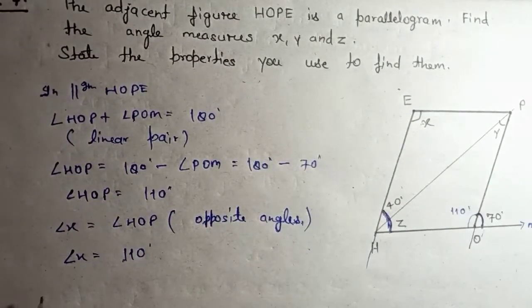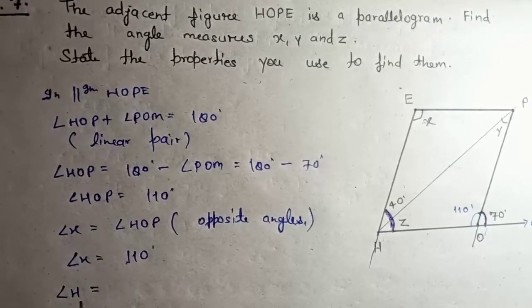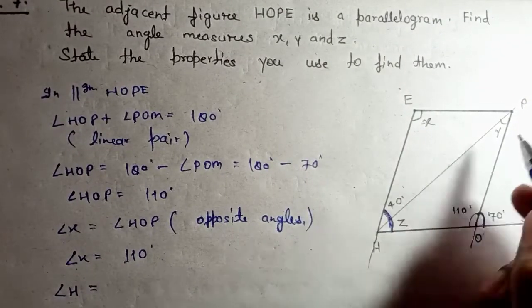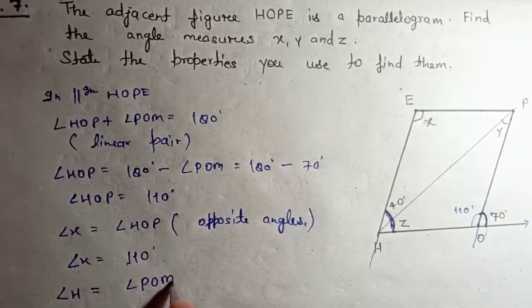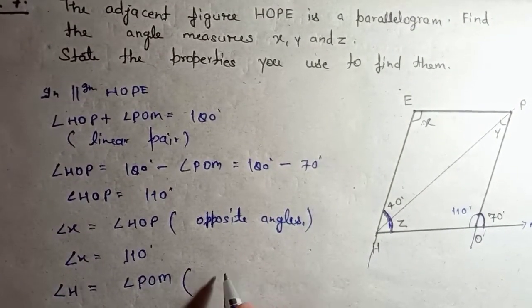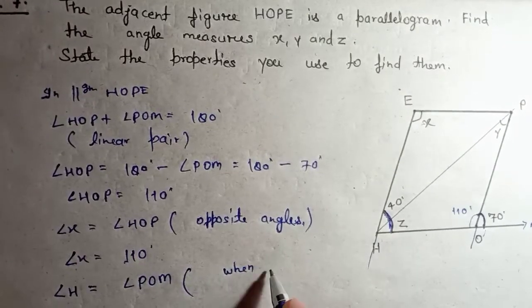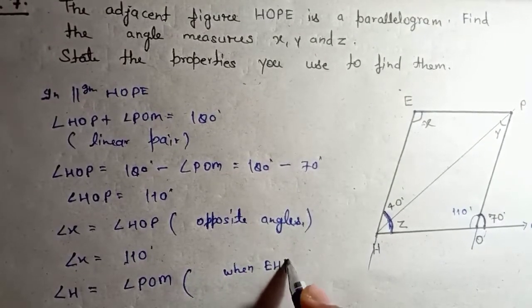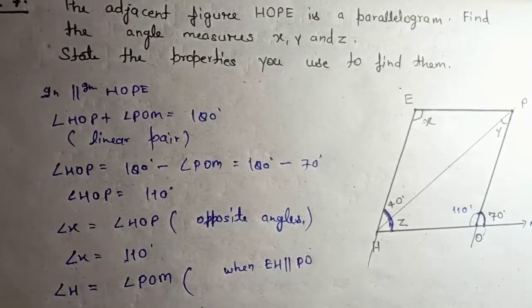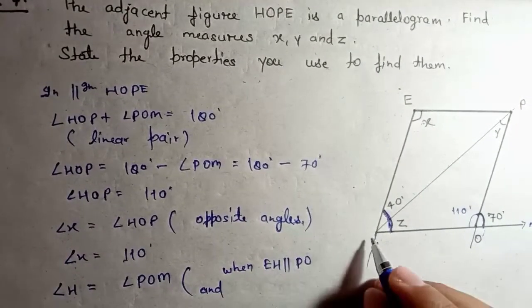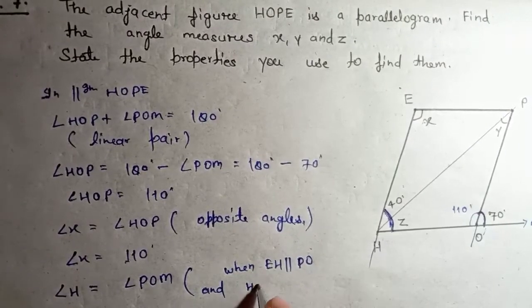So angle H is equal to angle POM. Why? When EH is parallel to PO and HM is the transversal line,